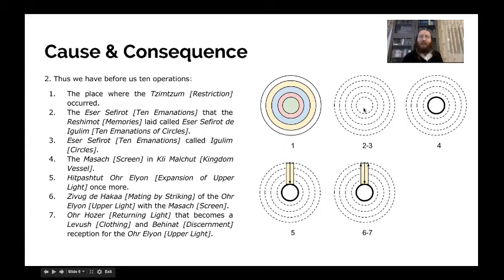And basically what happens, the light dissipates, departs from the middle outwards, and then leaves memories along the way when it's leaving. That's 2 and 3, which is the Igulim, the circles, which we said represents the idea that it's not actually making any scrutinies or discernments on the different phases. So it's not like with the line that we'll see here in number 5, where it's saying, I'm only going to receive root phase, phase 1, phase 2, and phase 3.